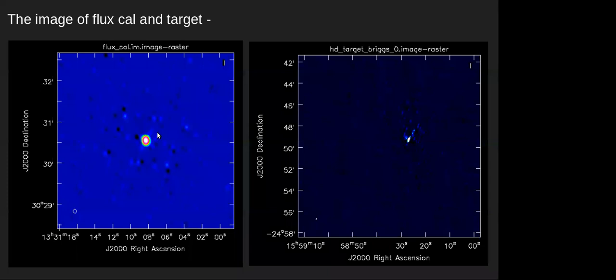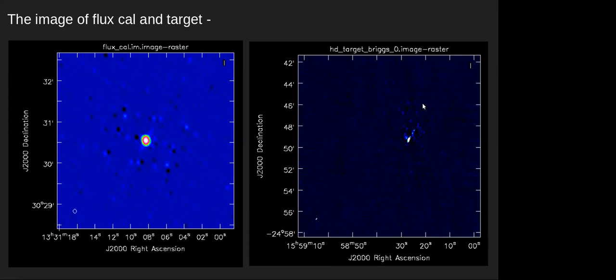Okay, so this is the image. I have already made that image for you, and I am not going to show how to do it. On the left is the flux calibrator image. You have already seen that image in Preetha's lecture, and Bornali also showed you that image. And this is the target image. I split the target and made the same image with Briggs weighting 0 and all the other options which I showed you a few minutes back. That is the target source, a bright point source in the center.